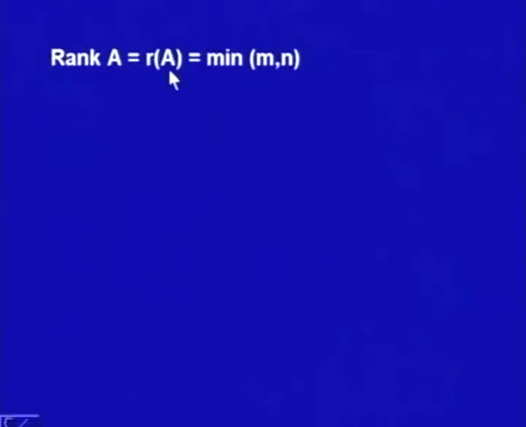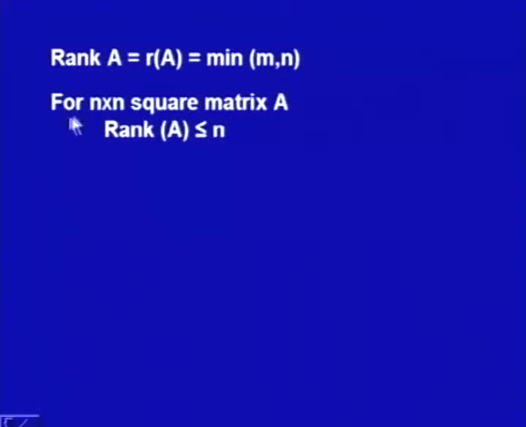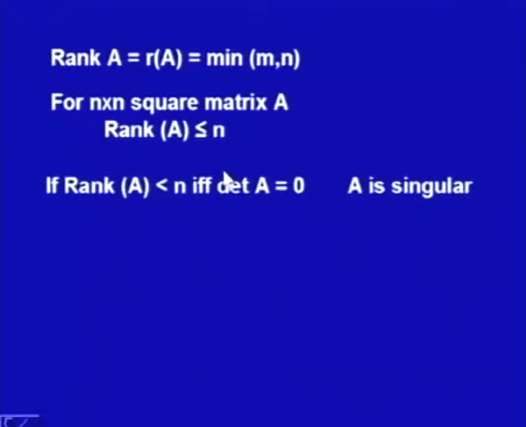Now, one can observe that for a matrix of order m by n, rank A is at most the minimum of m and n, because we have to obtain submatrices which are square matrices. So, the minimum of these will bound the rank. For an n by n square matrix A, rank A is less than or equal to n. Rank cannot be bigger than that.